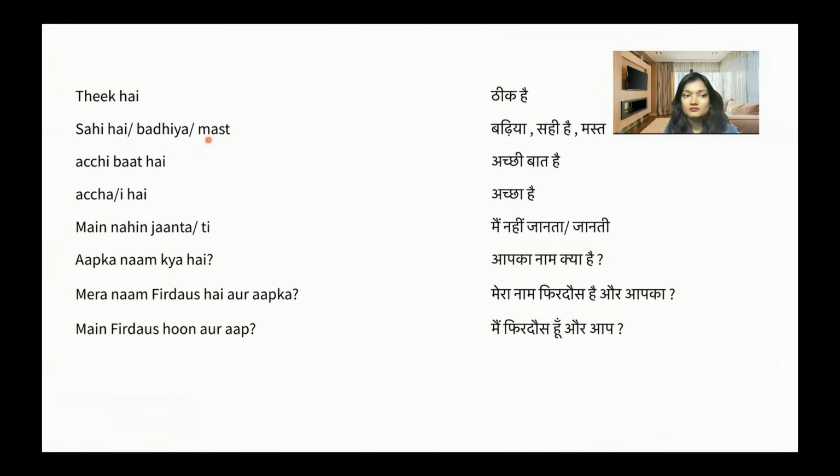Sahi hai means it's cool, it's great. It can also mean it's hot. Must can be used for anything, to describe anything. Anything can be must, means anything can be great. It can be a must movie, must dress, मस्त मौसम, मौसम is weather, मस्त मौसम, मौसम कैसा है, बहुत मस्त है और मस्त है.